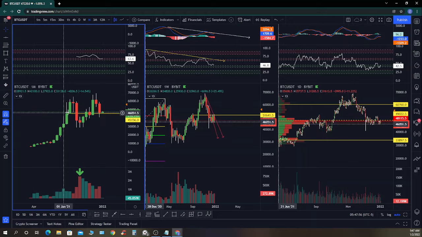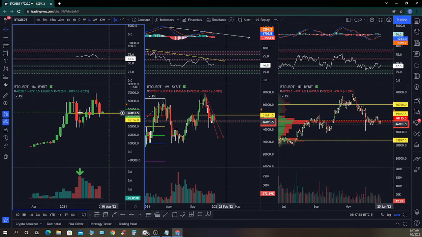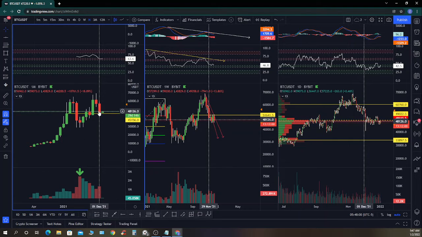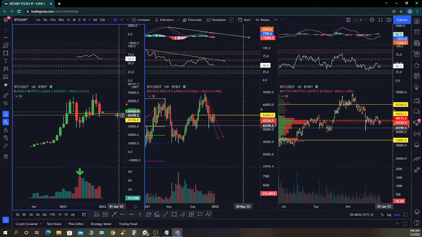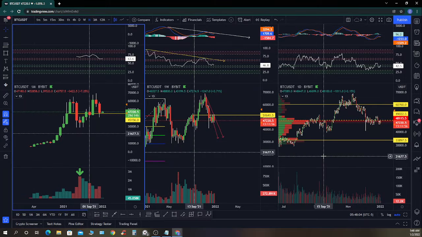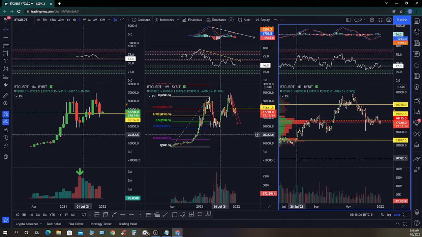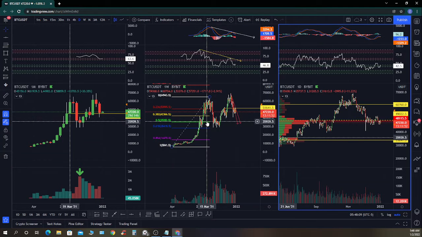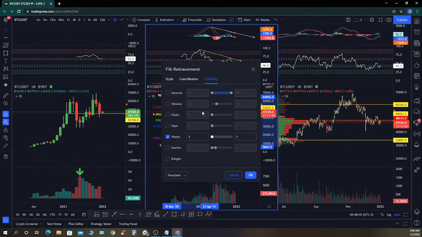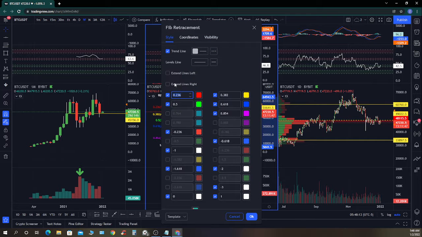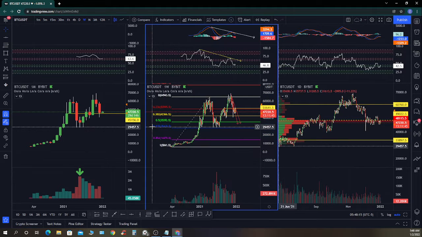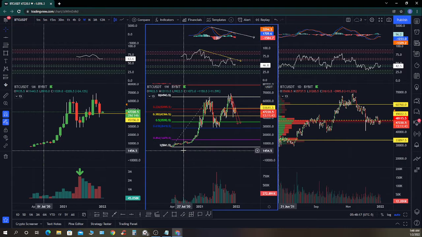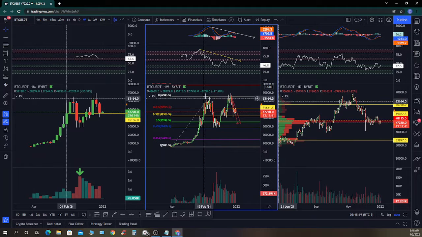Okay, so on the monthly chart, we have this big resistance that we did close above, which is kind of a good sign so far. And then I want to show you guys this Fibonacci, which was really amazing here on Bybit. I want to extend it so that you guys can see clearly how well of a support this is. So first things first, if you pull it from the bottom to the top,